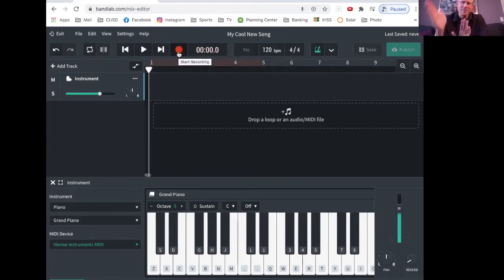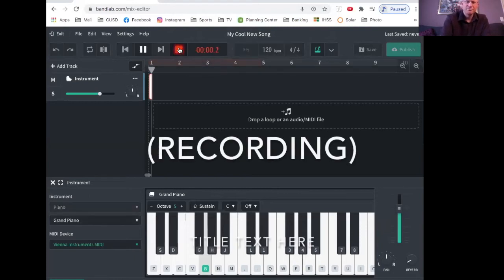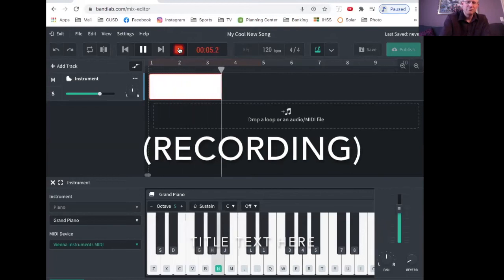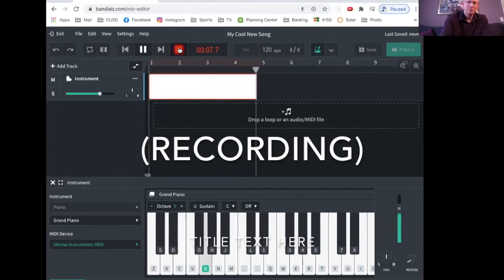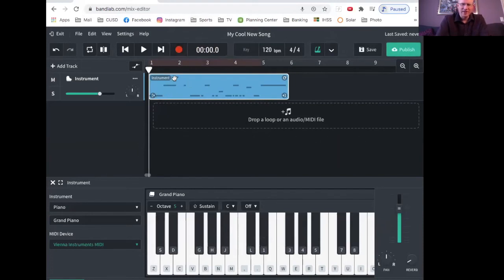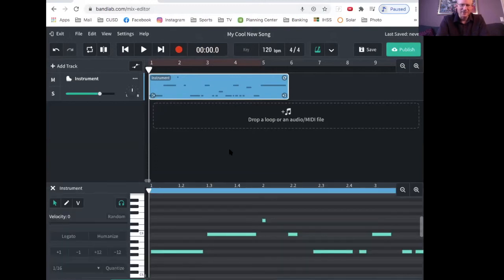Bum, bum, bum, bum. That's going to give me a nice set beat so that when I'm playing my song, I can have that kind of tempo to sync up my notes to. So when I press this red record button right here, let's go ahead and put some notes in now. All right, and you'll notice that when I played all these notes here, you'll see them all in these little